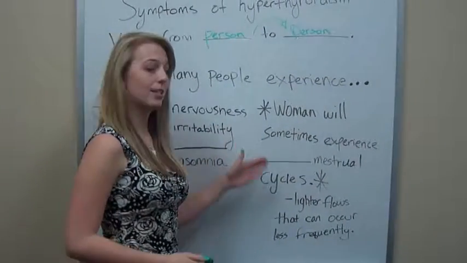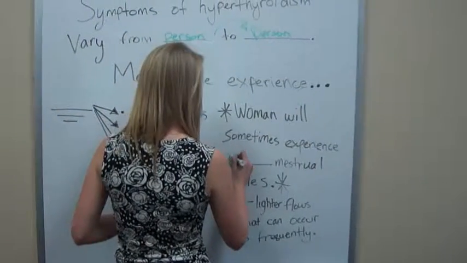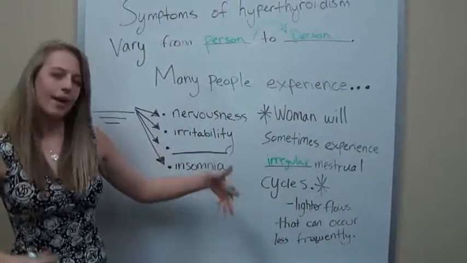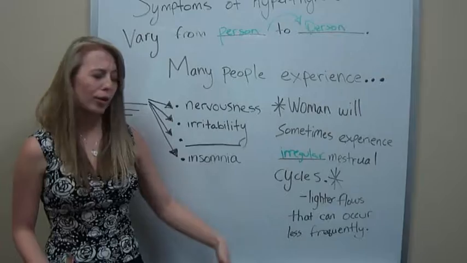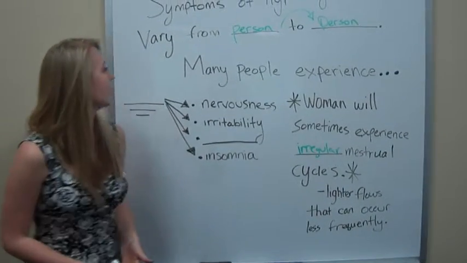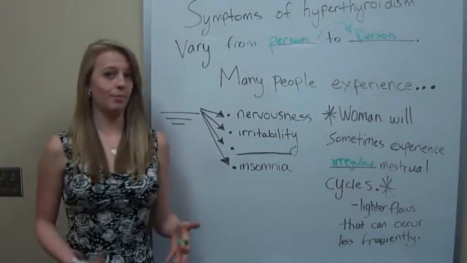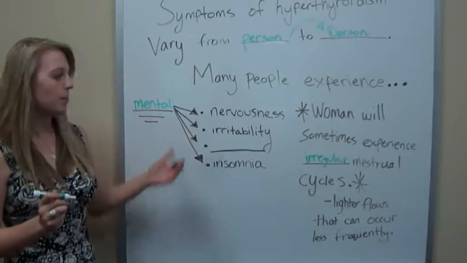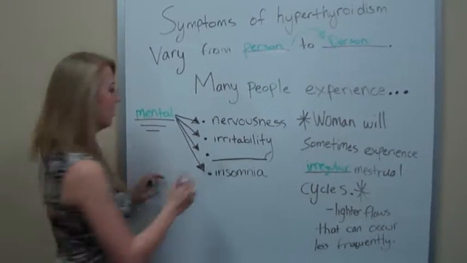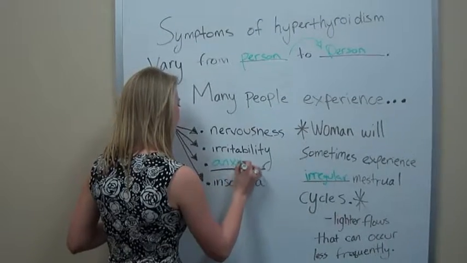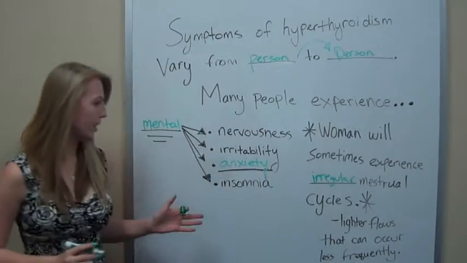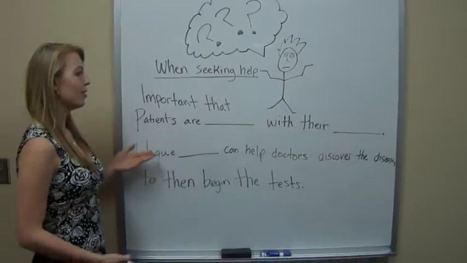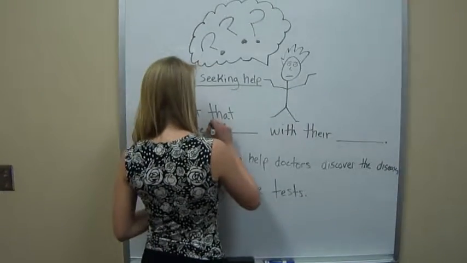Also, women will sometimes experience irregular menstrual cycles, which means that they have lighter flows that can occur less frequently than the average woman. As far as mental symptoms, a person can experience nervousness, irritability, anxiety, and insomnia. When seeking help, it is important that patients are honest with their doctors